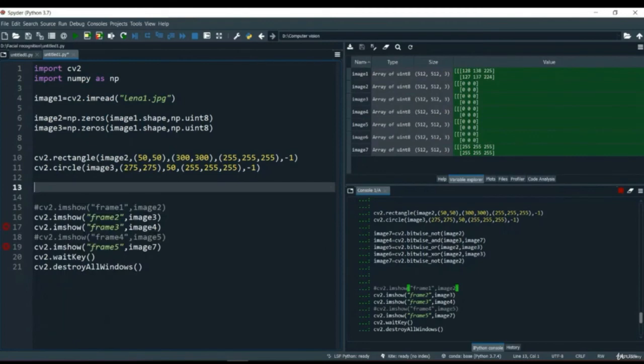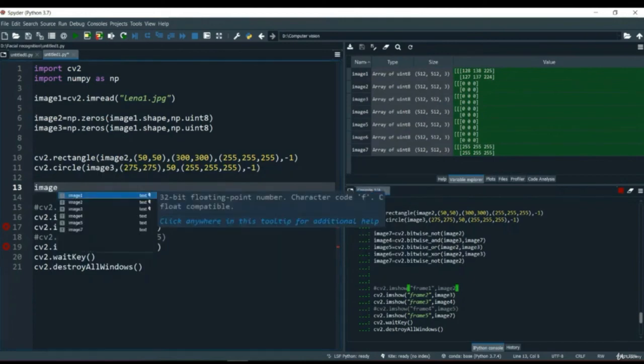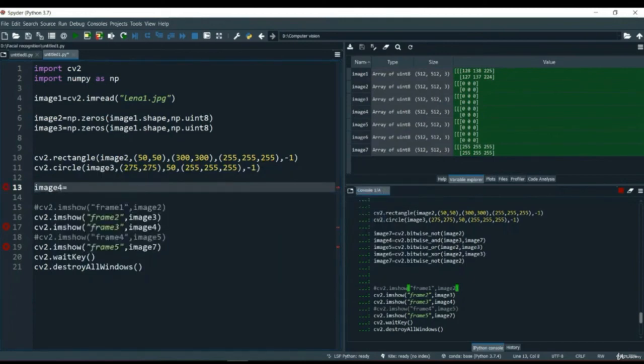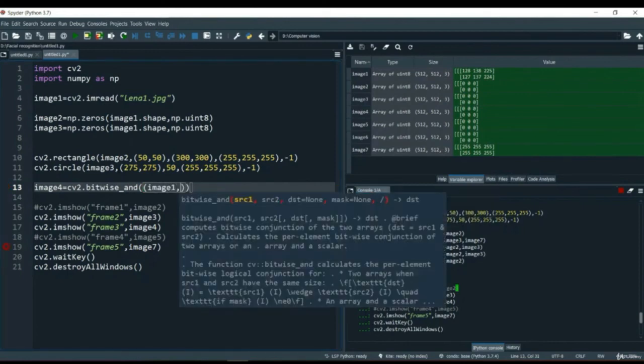Now we're gonna work this operation with this Lena image, let's say. Okay, so I'm gonna add this Lena image with this rectangle or with the circle, whatever you wanna work with. Let's try it with rectangle first. So I'm gonna create image 4 is equal to cv2.bitwise_and and I'm gonna put image 1, comma,